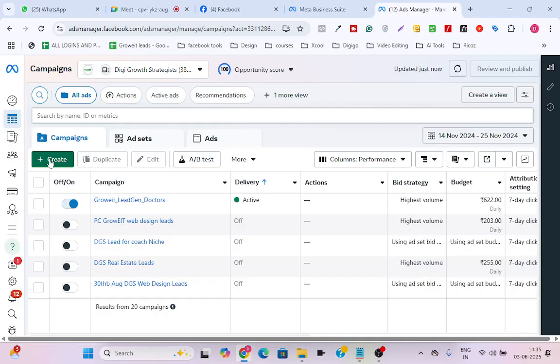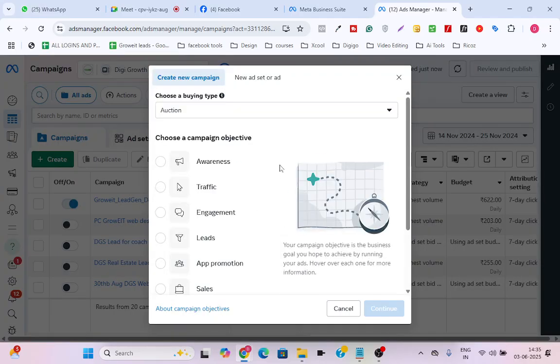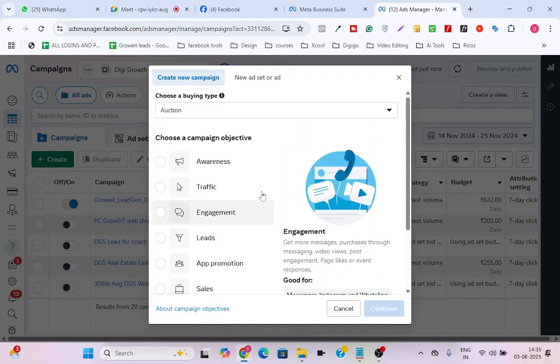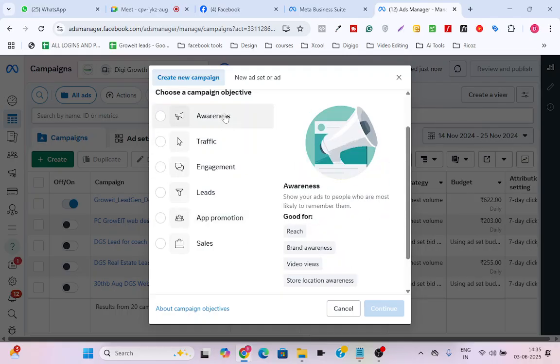Right, so I'll just click on this. Now once I click on this, there is a campaign list. First is the campaign. Here we have six different objectives. First thing is awareness. If I have a local store or something, and I just need to make people aware that I'm opening a new store in this particular area,